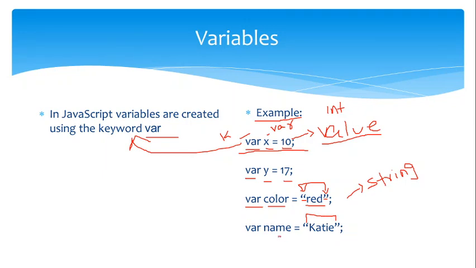These are simple examples of how to create a variable, with the variable name and the value. If you want to give an integer value, just give numbers. If you want to give a string, then it should be in double quotes. If you are giving a character, you must give it in single quotes.